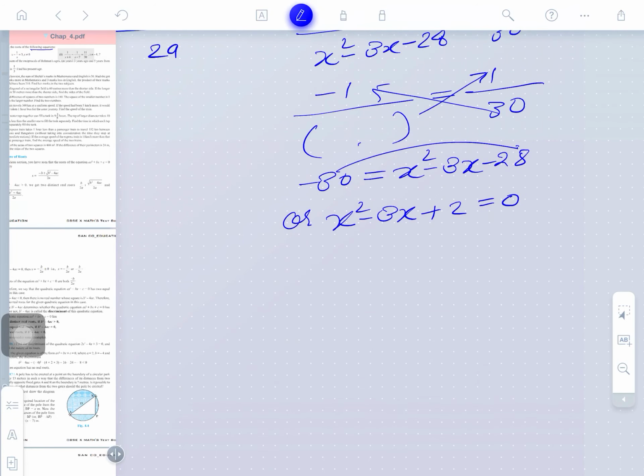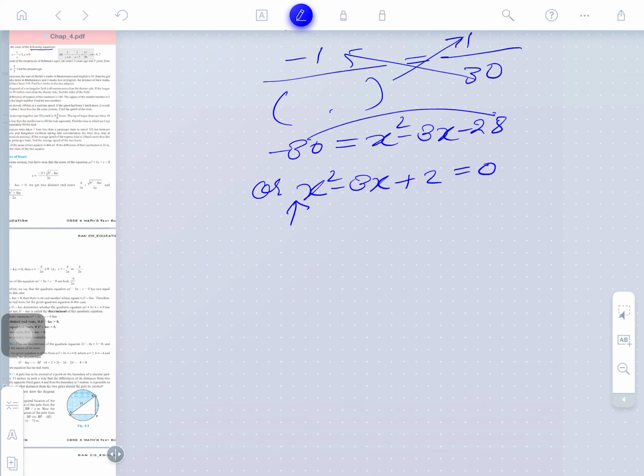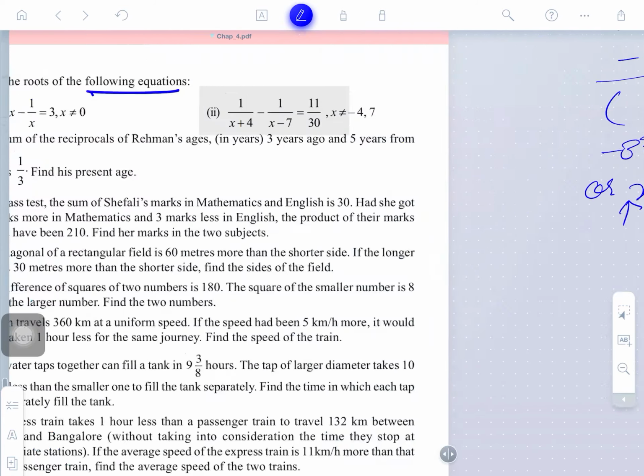Which method do you apply here? Is it saying to use the completing square method? Not saying. You have to solve simply. So middle term splitting can also be applied, but there is a limitation with the middle term splitting method. When the roots are irrational types and some complex types, then it cannot be predicted, right? However, the best method is the formula method that we will use here. Okay, so try for that, any method you will employ here. You can solve right now.